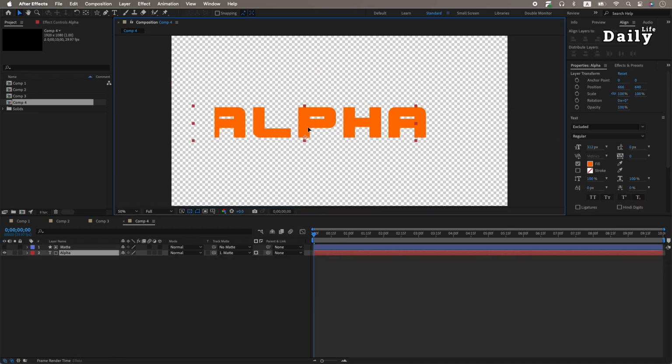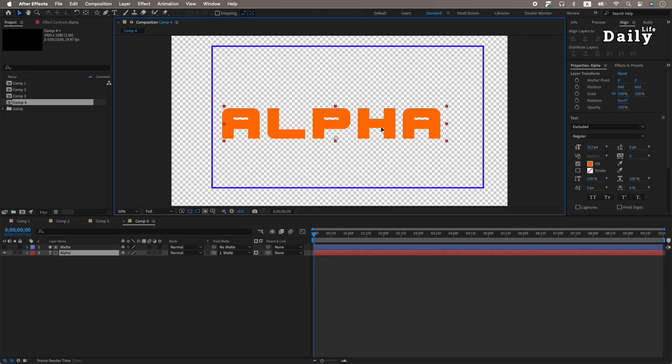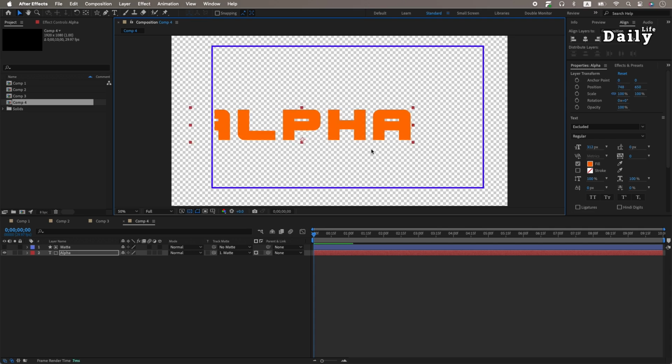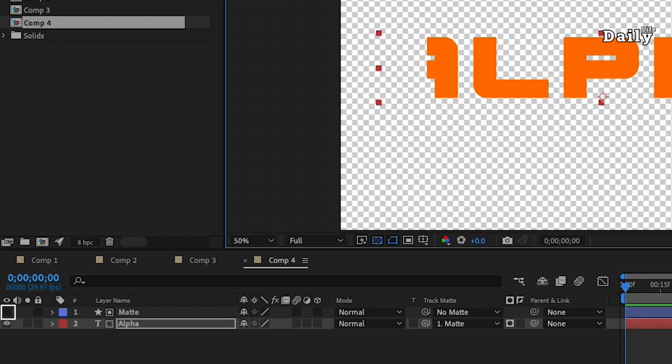When I move the alpha layer, as you see, the border of the matte layer is like a frame that shows the text inside it. It doesn't matter if you use a shape with a different color, a video, a photo, or a PNG file. The important thing in alpha matte is the border of the layer. When you make an alpha matte, something happens. The eye switch of the matte layer turns off. An icon like this is shown beside the layers. And the alpha matte sign appears in the track matte part.